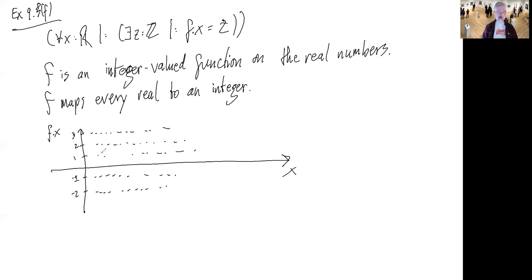It's always going to be somewhere on one of these horizontal lines, because it can't ever be 1.5 or -2 1/3. So even though we allow real numbers as inputs, the outputs are always integers, okay? So then